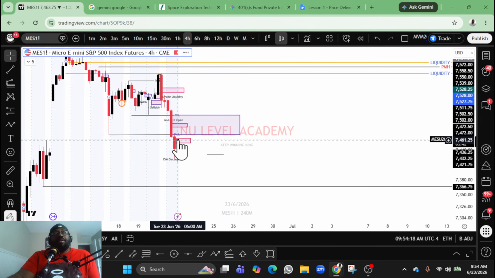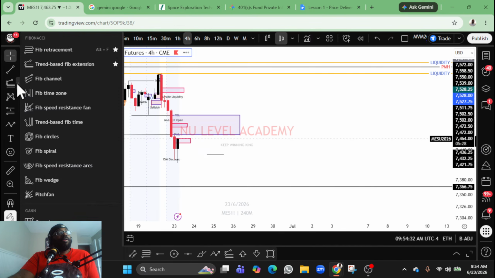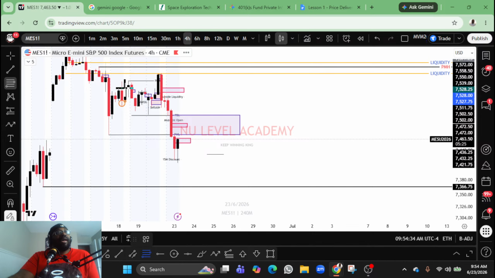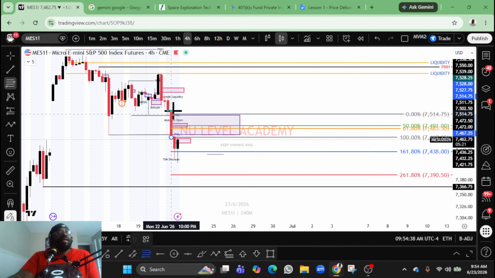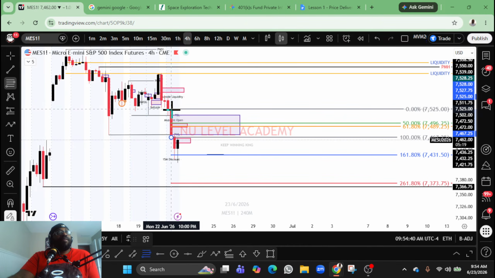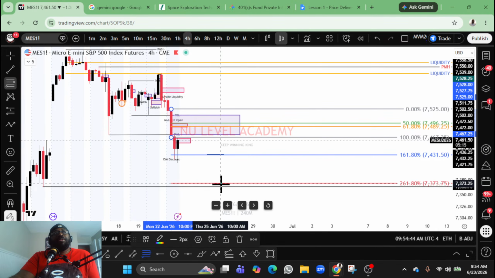So if we're patient enough and we invert this, you can see a reversal happening at 50% of this FVG of what we have here. So that's kind of what I'm looking for. That's why I'm not in such a big hurry. And if we could catch that 50% here, we could be able to look for short, downtrend continuation.